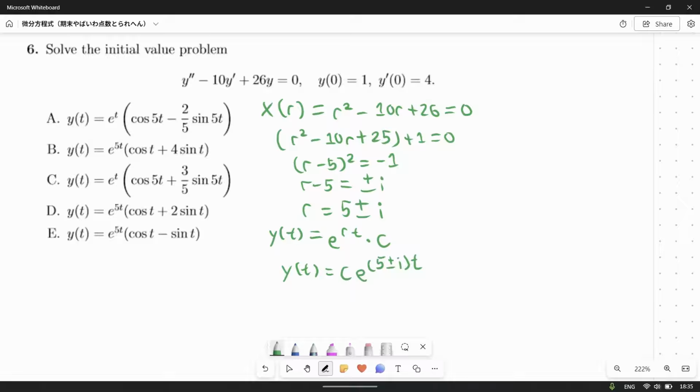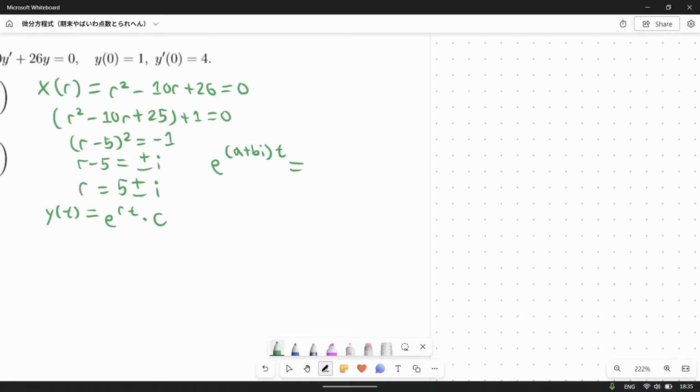But we can't really do anything with this because we have an imaginary number here, so we have to take care of that. So we need to rewrite this equation in terms of some trigonometric functions. Recall that when you have this case, we can use an identity. We know that e to the (a plus bi)t